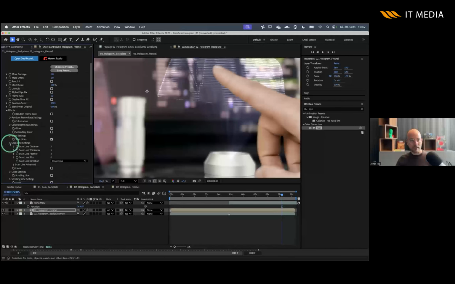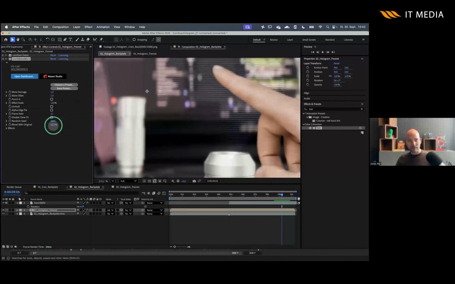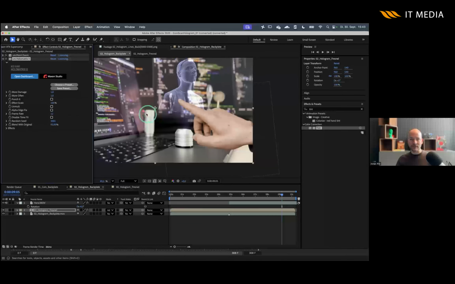In the scan line settings, I'm going to set the scanline distance, let's say to 3, and the scanline thickness to 3 as well. And then I get these lines here. The great thing is that I can mix this with the original, right? So this is the original, this is the new scan lines. But when I just mix the new scan lines in a tiny little bit, you can see that we're getting these lines here on this light streak. And this is actually what I wanted here. Okay,